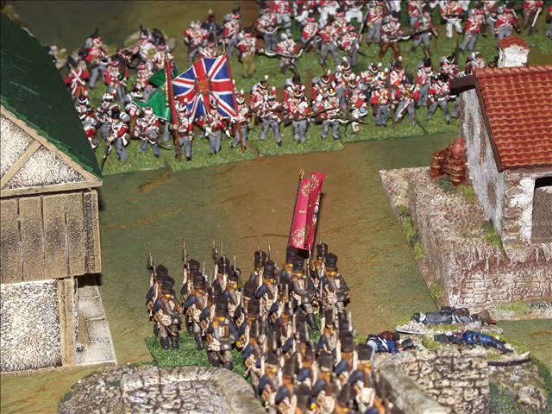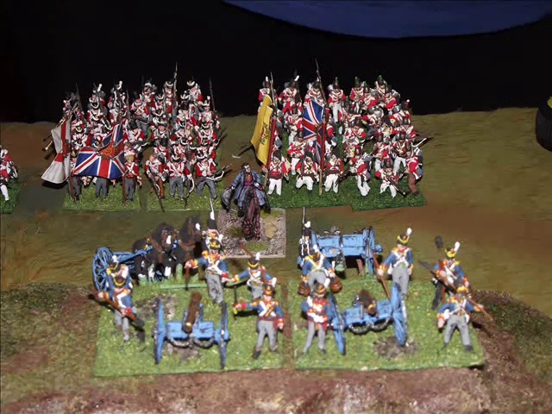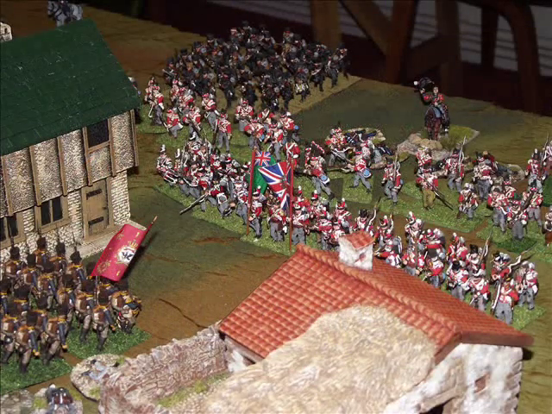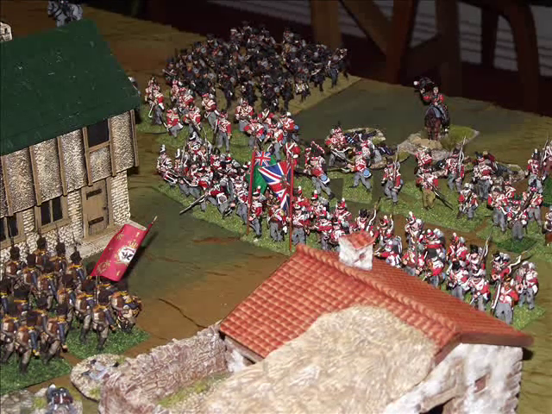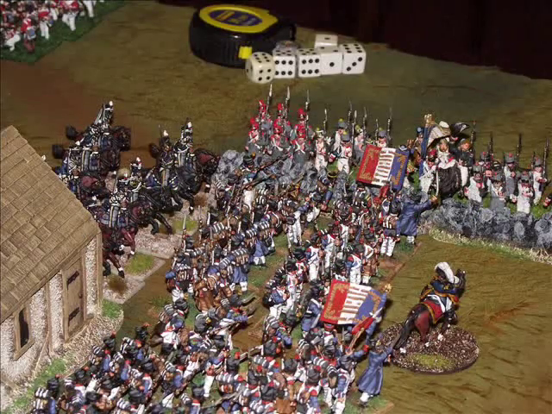One of the Prussian battalions is pushed back, and here we see some more British infantry moving up in support of their artillery. The Prussians trying to push into the town, now managing to break one of the British infantry battalions. And here we see